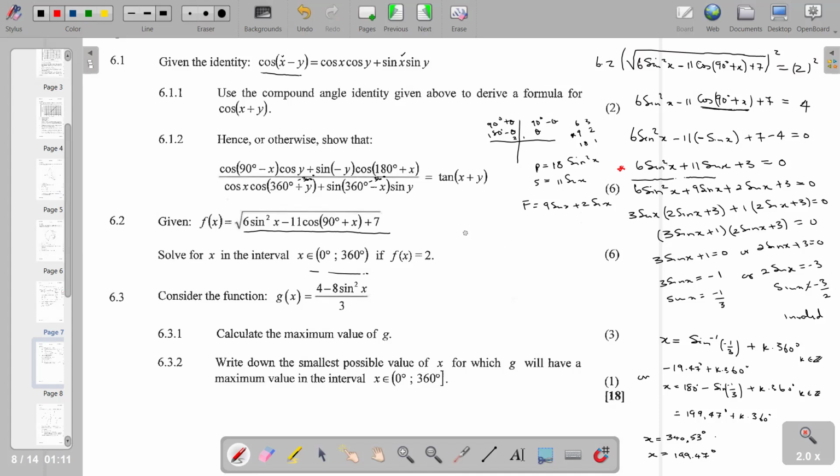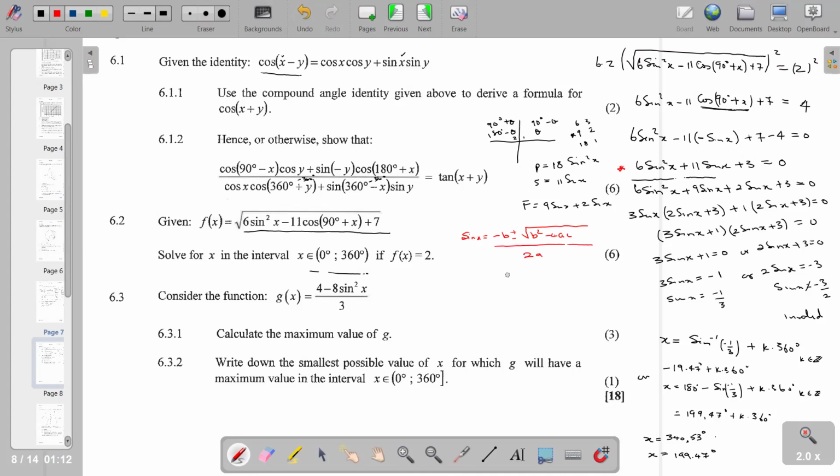So it means that we are going to have sin x being equal to plus or minus. Copy the correct quadratic formula from the formula sheet: minus b plus or minus the square root of b squared minus 4ac all over